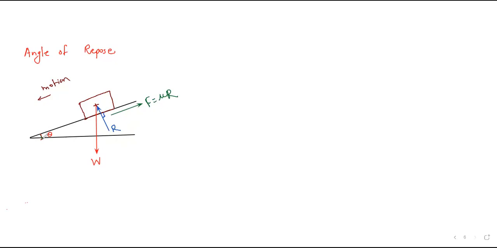So this angle theta, which is provided in such a way that this block will just start to move downward due to the slope, is called the angle of repose. If you write the definition of this, I will write it: it is the minimum angle of inclination of the plane with horizontal,